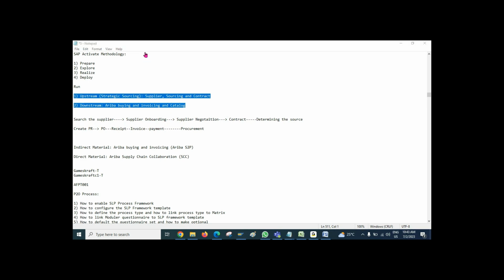Vikram, in case we want to procure anything, and the supplier is not available in the portal, is it our responsibility to request them to register on the Ariba platform, or how will it happen in that case? If the supplier is not registered in the system, who will take responsibility for that?